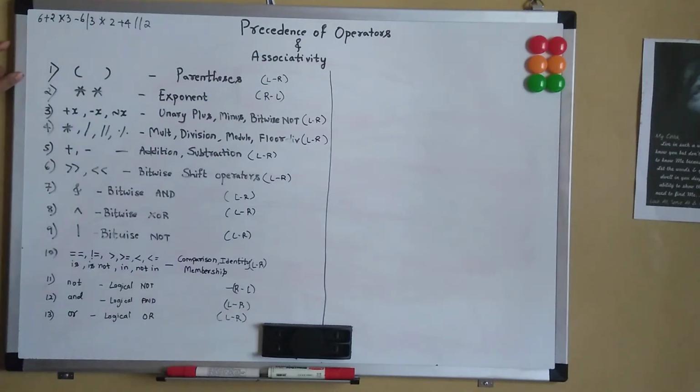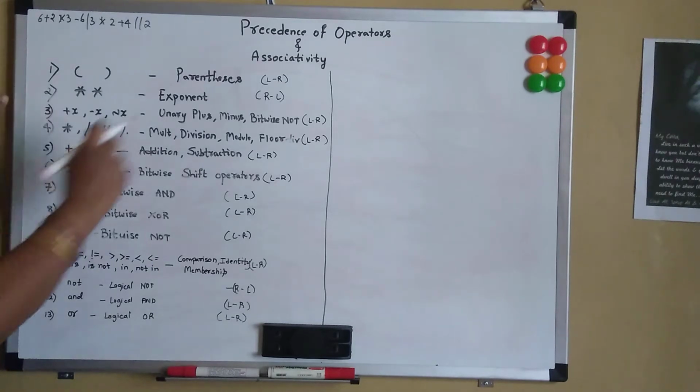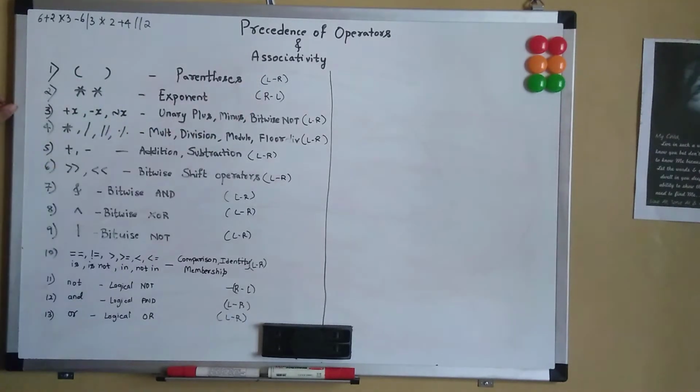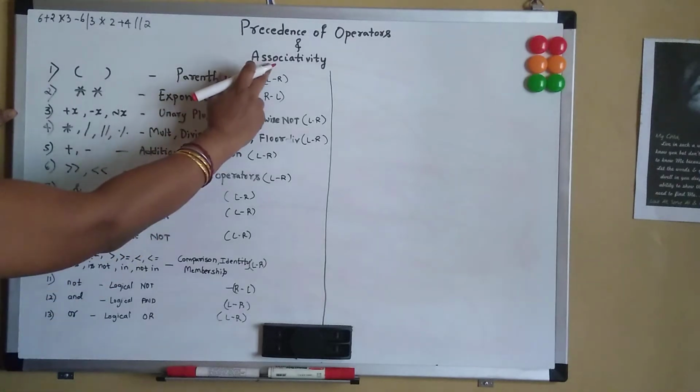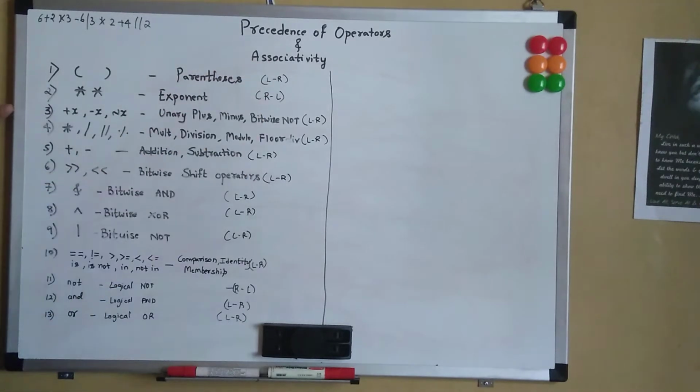So what do you mean by precedence of operators? Suppose you have a big mathematical expression which needs to be resolved. It has many operators present in it. So which operator has to be solved first? To know which operator needs to be solved first, we have to follow the rule of precedence. And associativity is another feature which we will see later in this session. So firstly, let's go on to the precedence of operators.